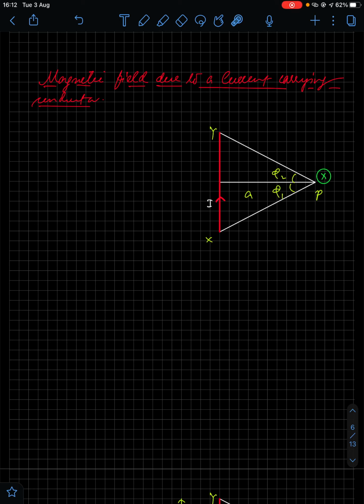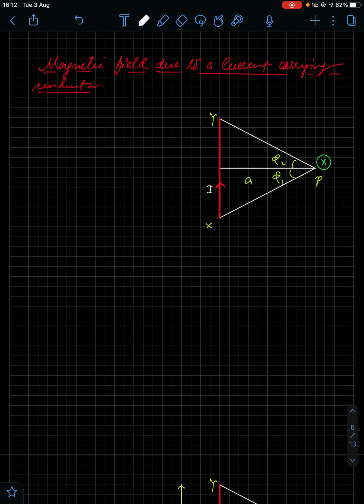So in accordance with Biot-Savart law, you have a straight wire XY carrying current I, and a point P where you are supposed to find the magnetic field. This is a perpendicular bisector. The point P is at a distance A from the midpoint of the wire, and makes angle phi 1 with X and angle phi 2 with Y. In accordance with Biot-Savart law, the magnetic field at the point P, again directed into the page,